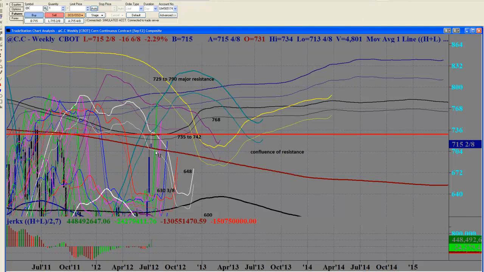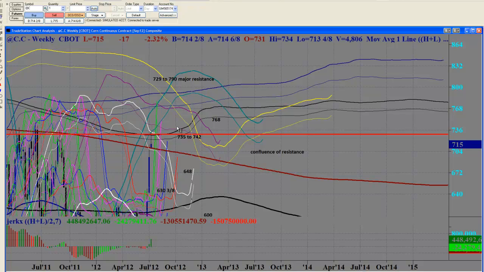So it looks like most of this move for corn is done. And if there is any overshoot after a significant retracement, then you could get as high as the next level, which would be 768. 729 to 790 is extreme resistance for a very long period of time, and that extends well into next year. So I have to say, unless this market could somehow get above 824,